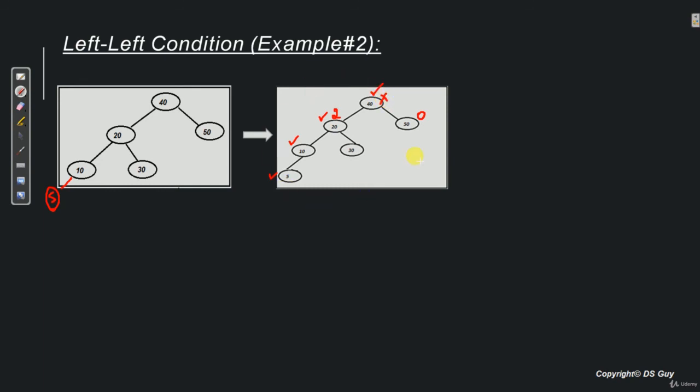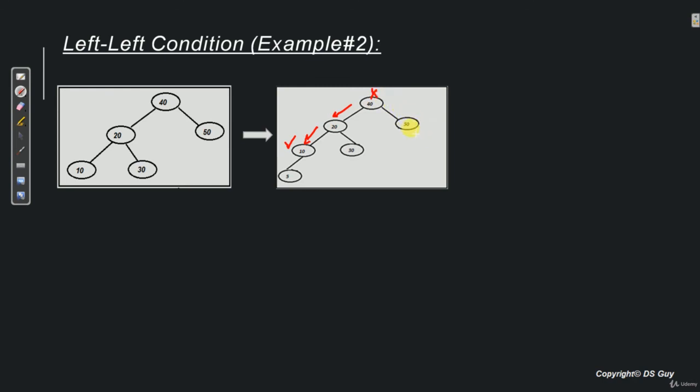Now in this case, this is a left-left condition. Why? Because from this disbalanced node, if we go towards left, we reach 20, left, we reach 10. So this node over here is creating the problem. So because of this node, we have a height difference of more than 1 between left and right subtrees.